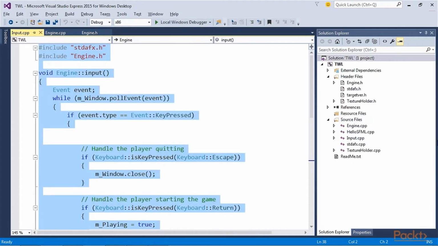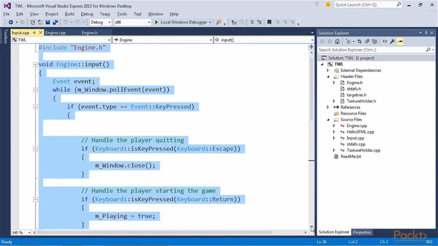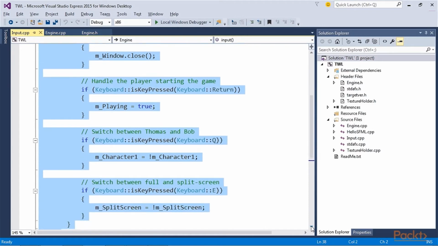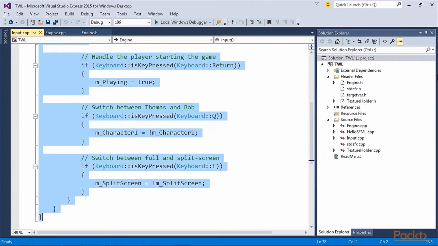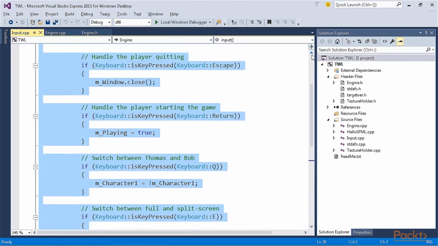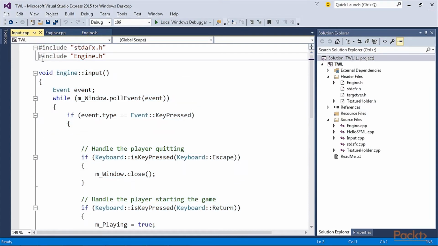Now we have to add this highlighted code. The code for this function will go in its own file. This is the entire highlighted code that we have to add in the Input.cpp file. In this highlighted code, first we will use #include engine.h and prefix the function signature with Engine:: to make sure the compiler is aware of our intentions. As usual, when the Escape key is pressed, it closes the window and the game will quit. That is, whenever we press the Escape key, the game will be closed.